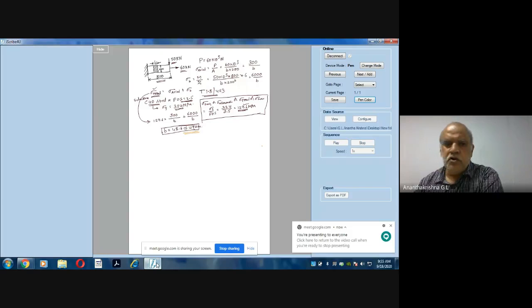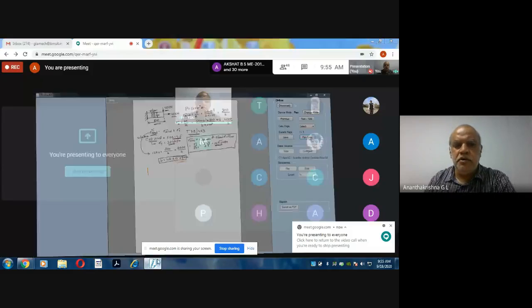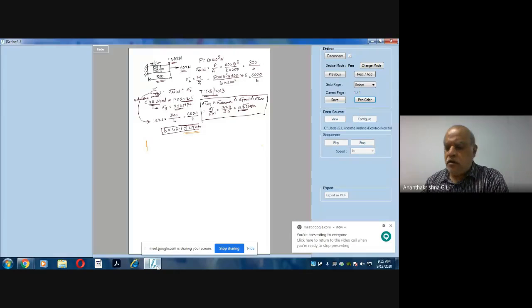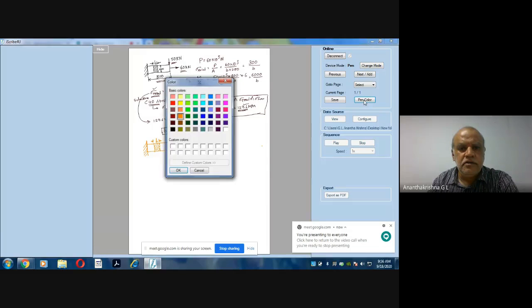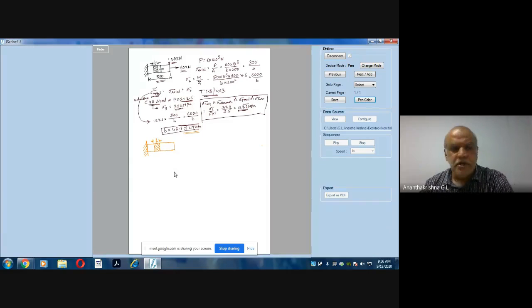What you have is, you are given a cantilever beam of rectangular cross section, correct? This is b there. It is subjected to a transverse load. And what is the span of the beam given? It is 800 mm, correct?